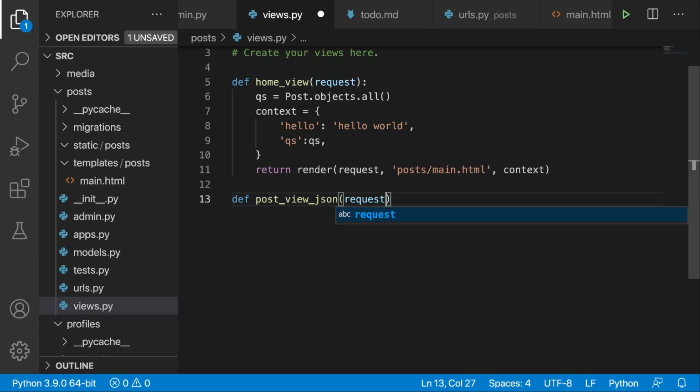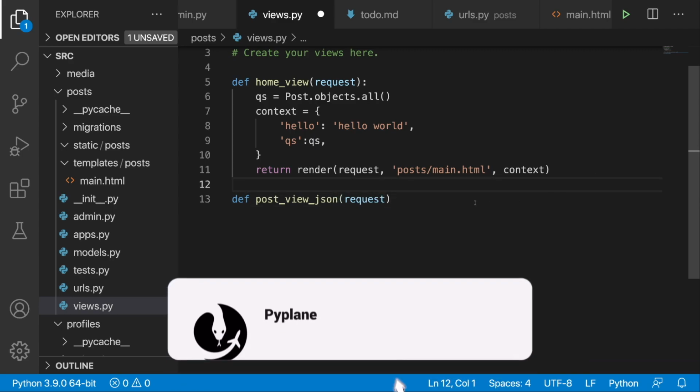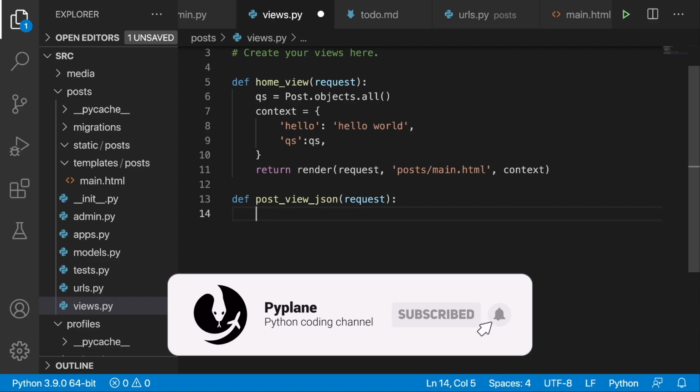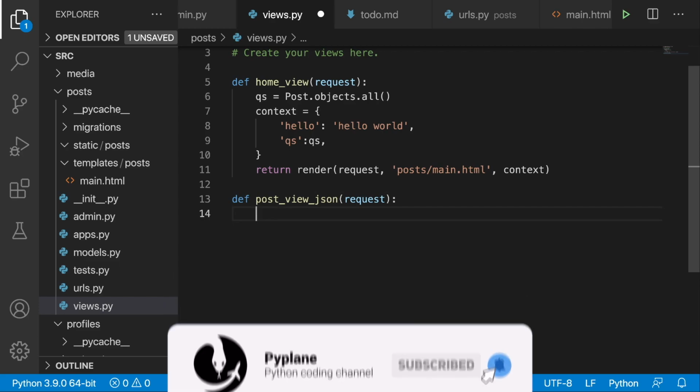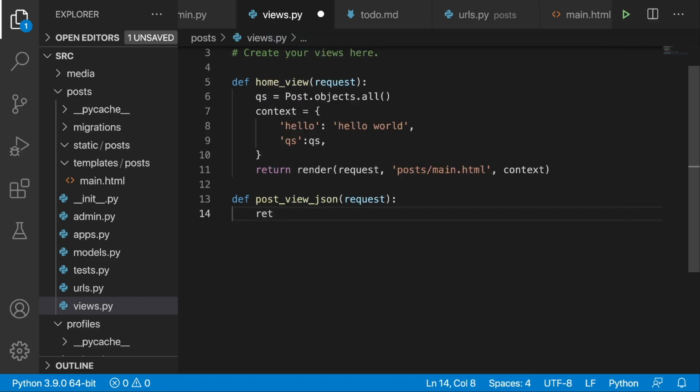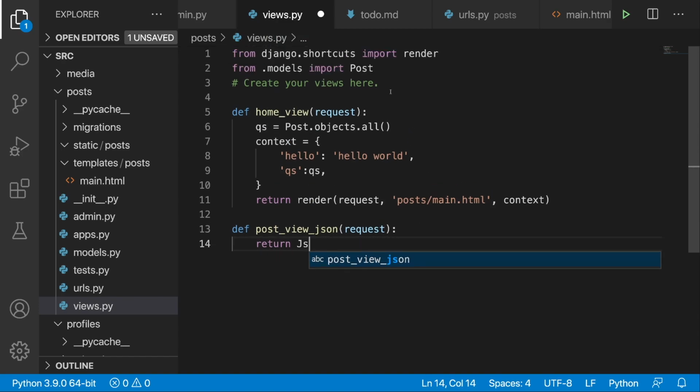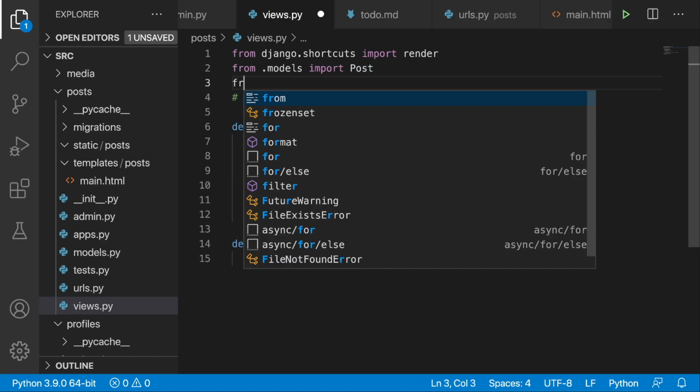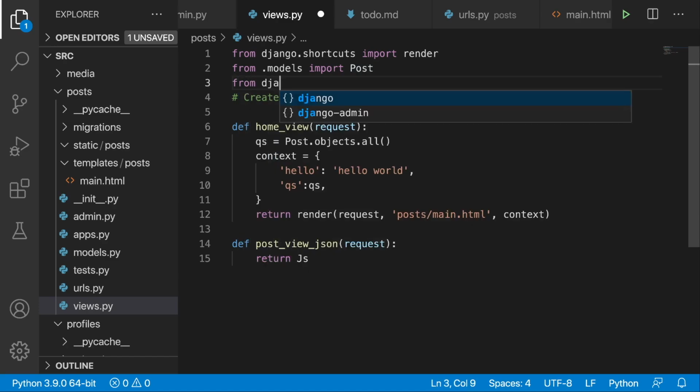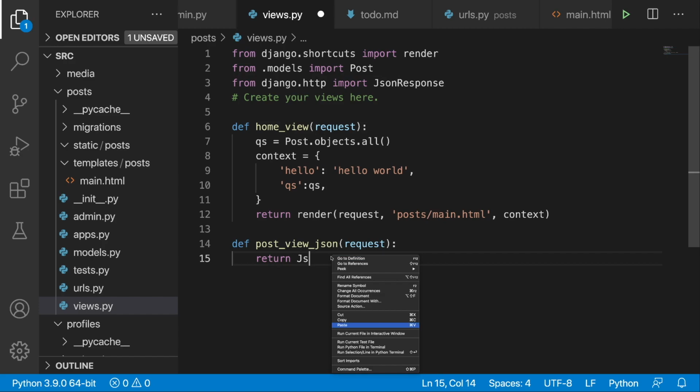And this will take in a request. And what we need to do over here is to return a JSON response. So let's put in JsonResponse, which needs to be imported. So from django.http, we want to import JsonResponse. Okay, so now we will have a JSON response,